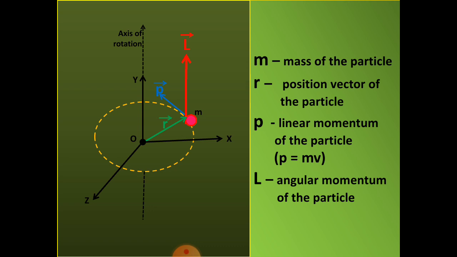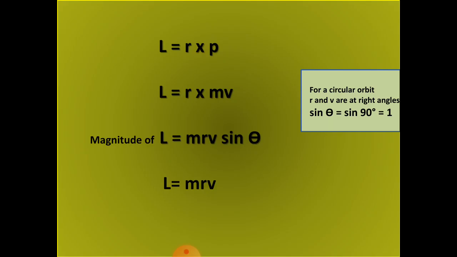First, we study the angular momentum of a single particle. For that, consider a particle of mass m that rotates around an origin. r is the position vector of the particle and p is the linear momentum of the particle. Here the vectors r and p locate the particle in the xy plane. Then the angular momentum of a particle of mass m with respect to O is given by L vector